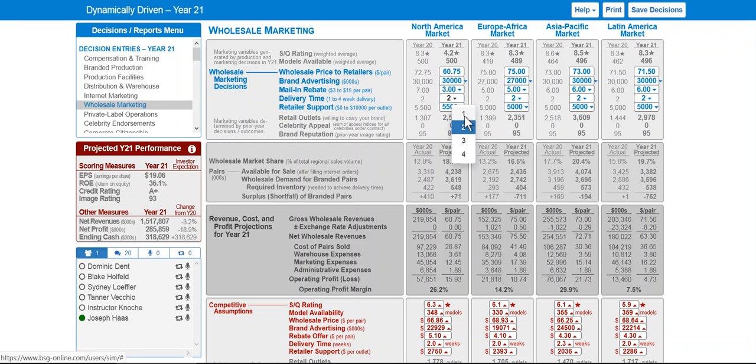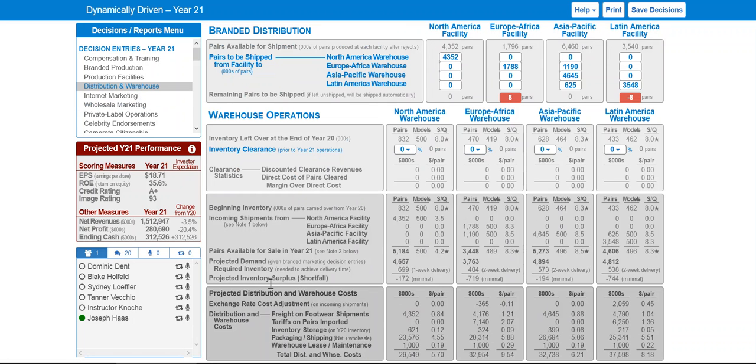You can increase the delivery time, it might increase demand, but it's very expensive. So if I go from 2 weeks to 1 week, it gets pretty costly. And 1 week also, you have to have more in required inventory. As you can see, the required inventory is 700, but